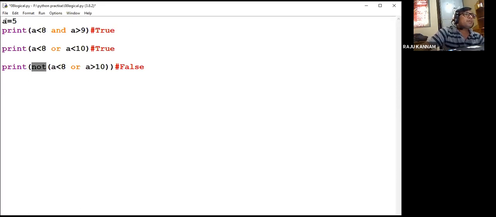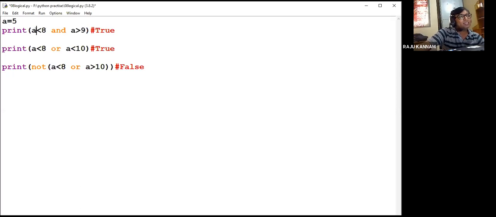Here we have taken the a value as 5, and we are doing comparison here. Whether a is less than 8, yes, a value is 5, 5 is less than 8. This condition is true. And what is the next condition? Whether a is greater than 9. a value is 5, which is not greater than 9, so this condition is false.